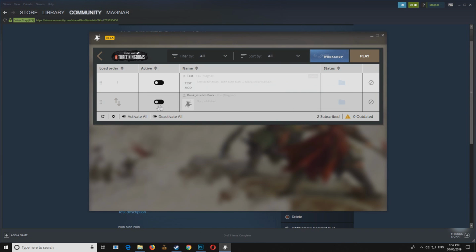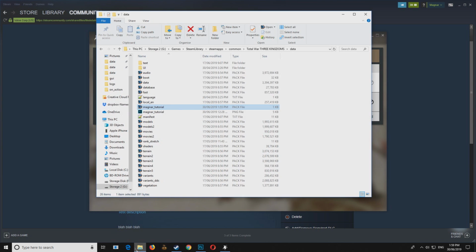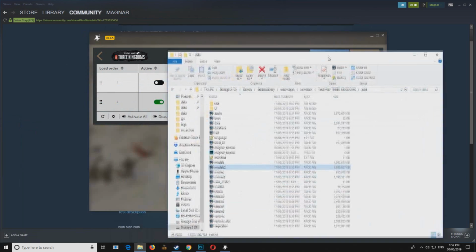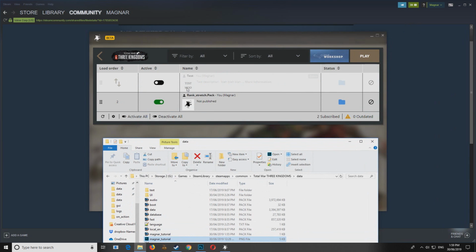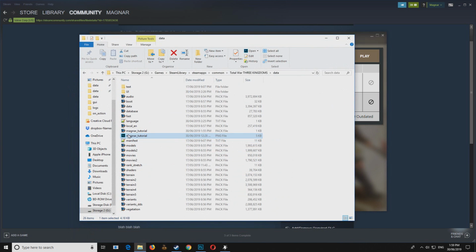So I've got another one here. If I want to just play that one, I can just play it. I don't have to upload it to the workshop, but I do have to keep it in my data folder. You'll notice I don't have another image in here. I've only got that one. So that one image for the test one we just did shows there, but the other one's just got a default CA image because I haven't actually created a PNG for this one here,